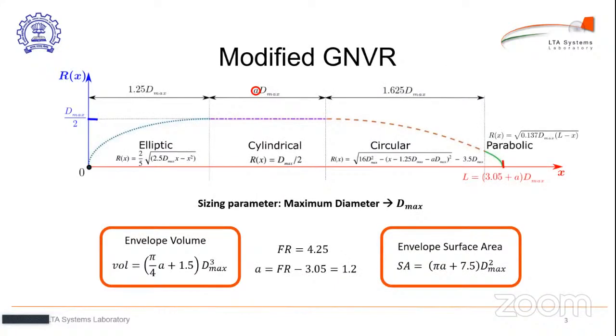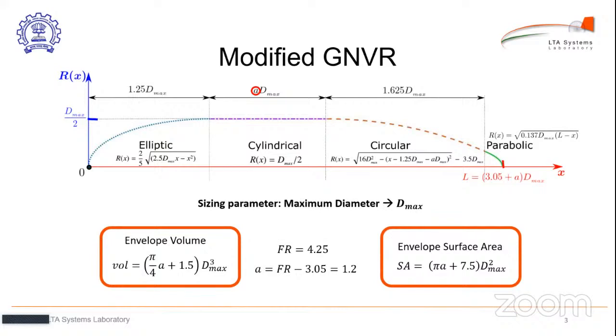Yeah, so friends, this is just a revision that the shape that we have chosen is a modified GNVR shape in which the front elliptic portion, the rear circular and parabolic portions are matching with the GNVR shape, but we are introducing a cylindrical portion to increase its length, and we use the cylindrical portion to be A times the maximum diameter. Now, the length over diameter ratio will be 3.05 plus A upon D max, because for the basic GNVR shape, the L by D is 3.05,